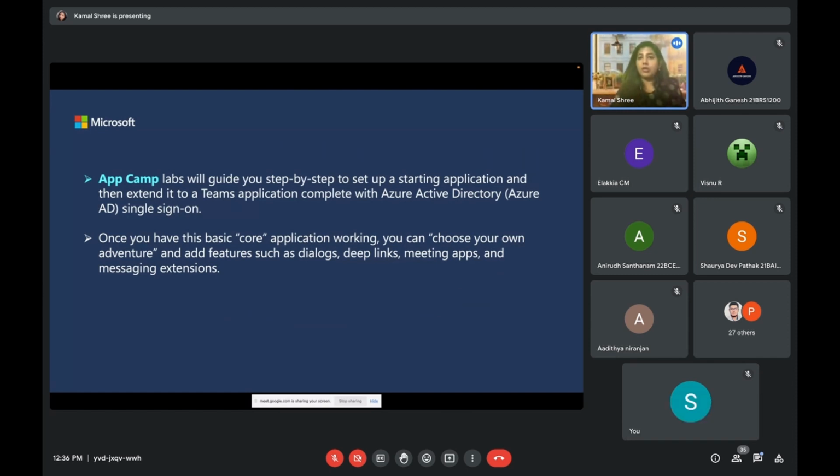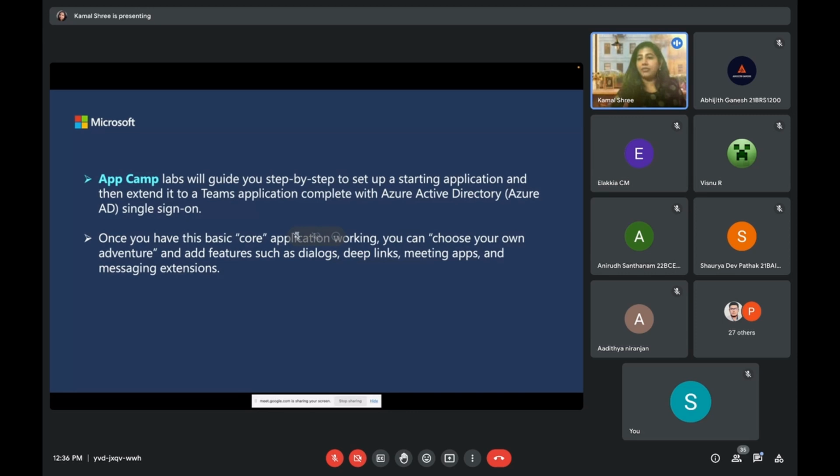But what if I already have a web application, already built one, and it's running absolutely fine, but now I want to integrate that into my Microsoft Teams application? How do I do it? This AppCamp is a step-by-step guide that will let you know how you can migrate your existing web application to Microsoft Teams so that you don't have to build something from scratch.